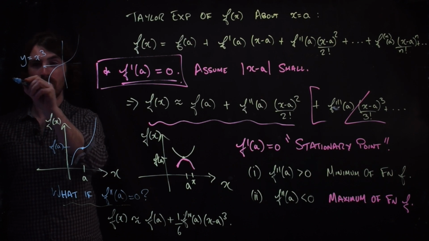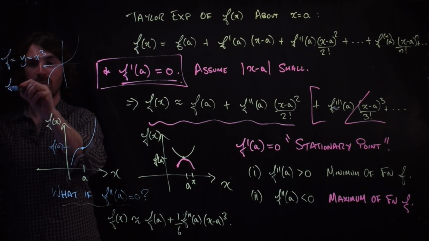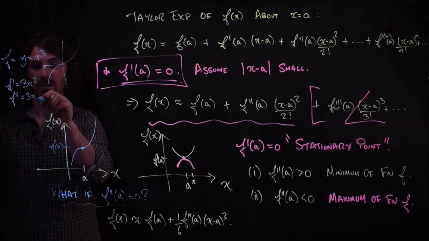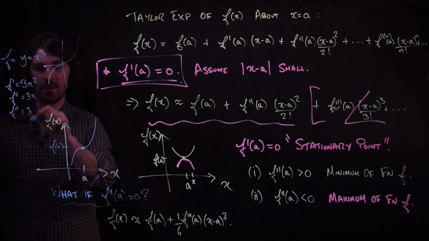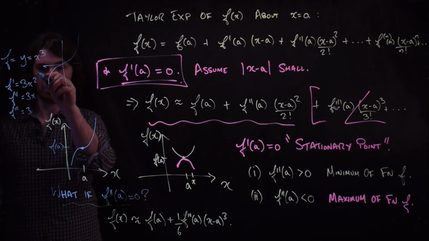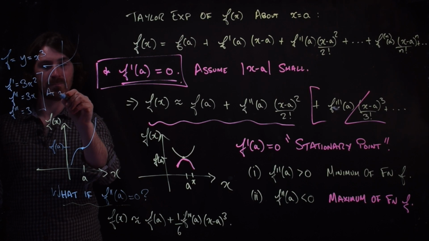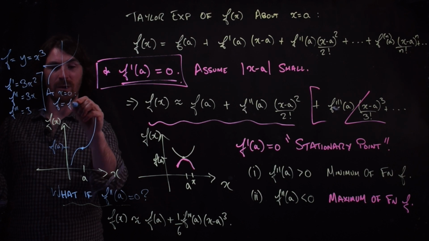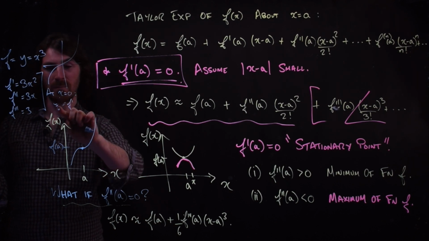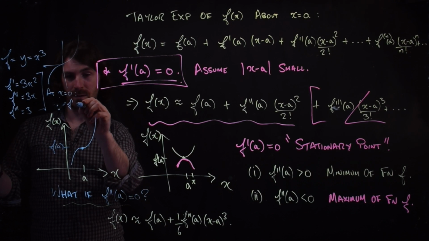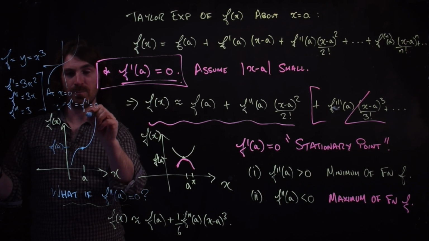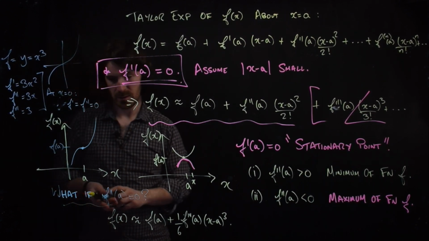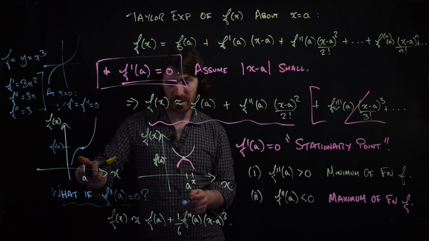If this is f, then f prime is 3x squared, f prime prime is 3x, and f prime prime prime is 3. And at x equals 0, you have that f prime and f prime prime are both 0. But the f prime prime prime term survives. So you've got a point of inflection, and